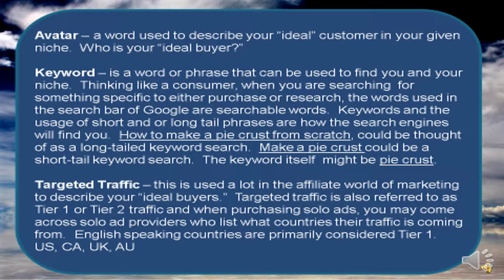So in this particular example that I gave you, how to make a pie crust from scratch could be thought of as a long-tailed keyword search. Make a pie crust could be a short-tailed keyword search, and the keyword itself could be pie crust, okay? And I guarantee you, when you go and do these types of searches, you're still going to come up with thousands and thousands of pages of different things,